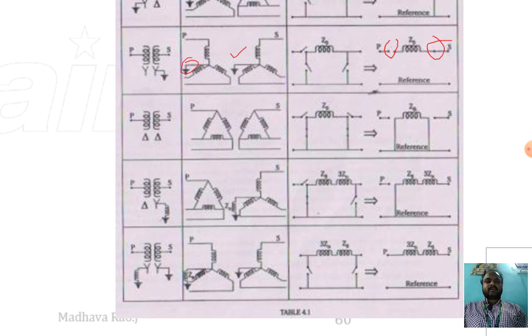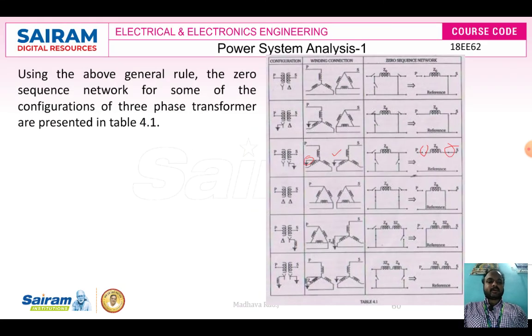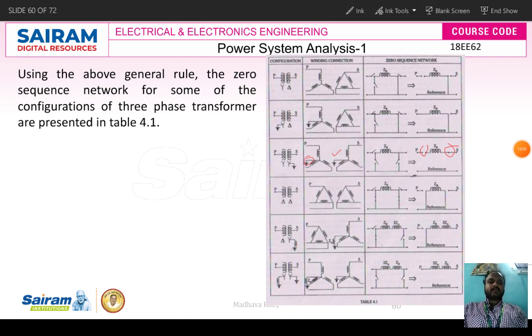Okay, so this is about different configurations of transformers. And in the next video we'll see about sequence impedances and networks of three-phase